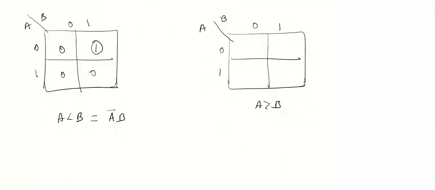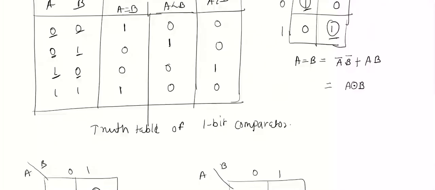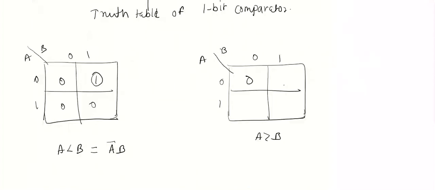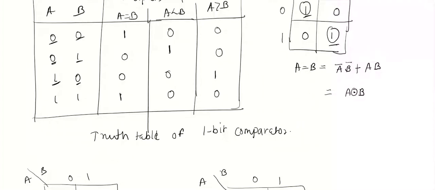Similarly for A greater than B, we'll identify the expression after plotting the K-map: 0, 0, 1, 0. This is the isolated one, and the expression for A greater than B is A B bar. Now once we have identified the Boolean expressions represented by the outputs A equal to B, A less than B, and A greater than B,